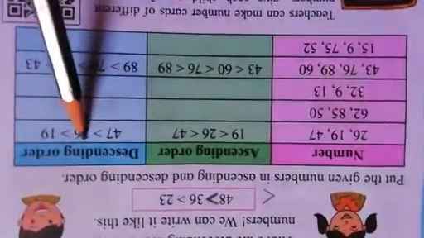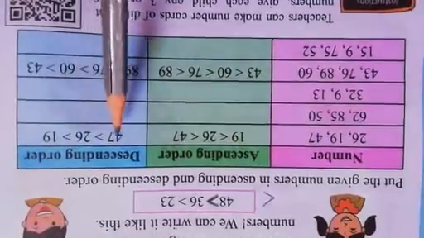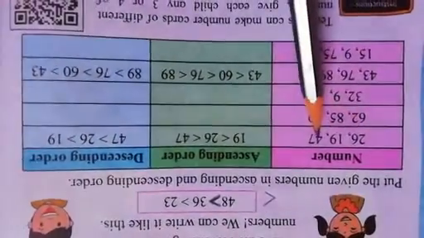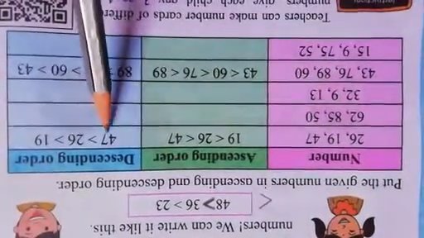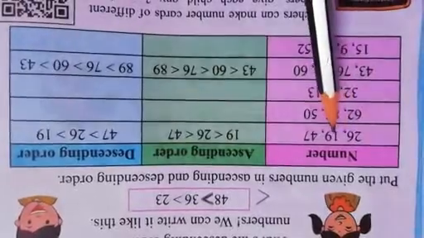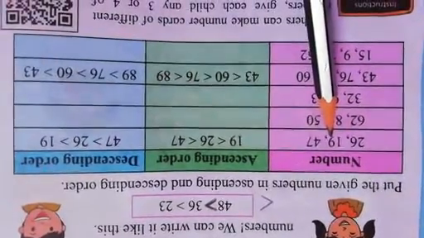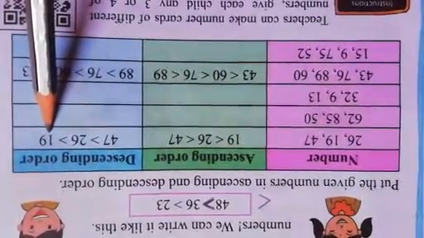Okay. Now here we have to write of the same number. We have to write here now descending order. Okay, मतलब बड़े से छोटा लिखना है. तो firstly which number is bigger? 47. So we will write 47. Then greater than sign. Then which number from 26 and 19 is greater? 26. So write down 26 here. And then which number? 19.